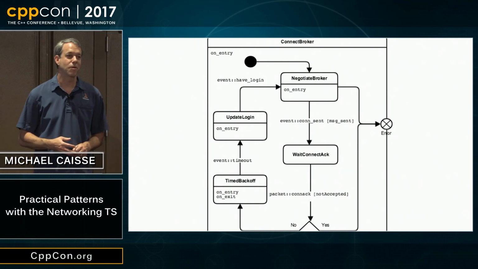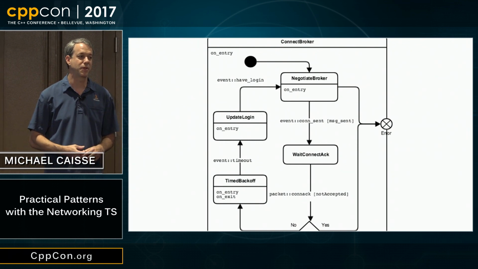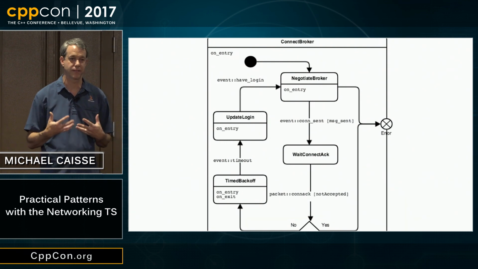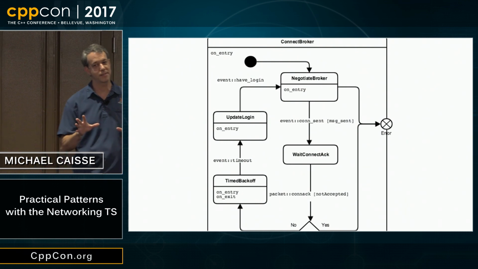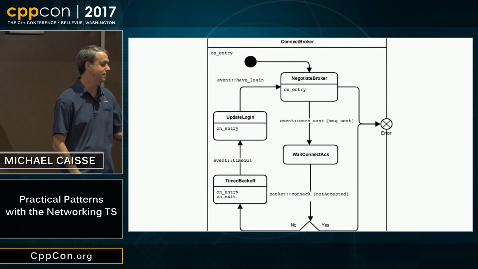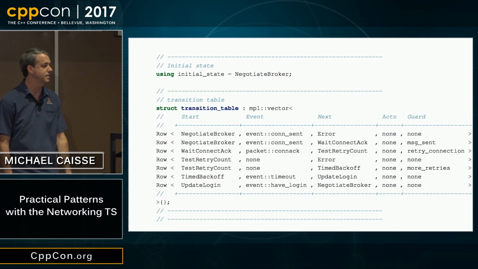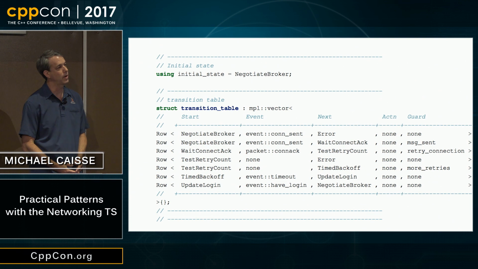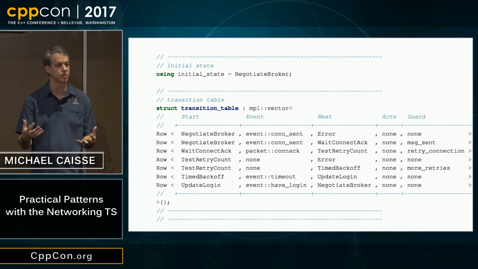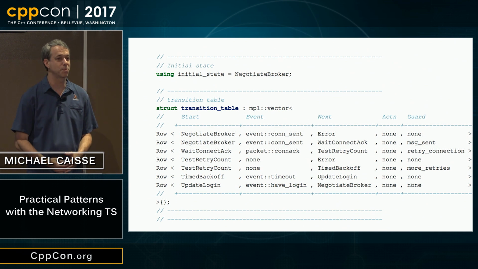Communication protocols are much more complicated than sometimes we think they are, and you start falling into a trap when you chain things together that you're not sure how to get out of. But that's not actually the real problem. So let's see what the real problem is. By the way, this is that state machine on the right-hand side. If we use a state machine library to write this, we can just write tables. And the tables are super easy to understand.